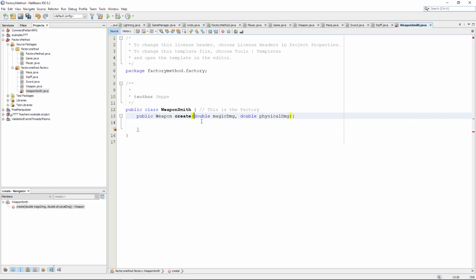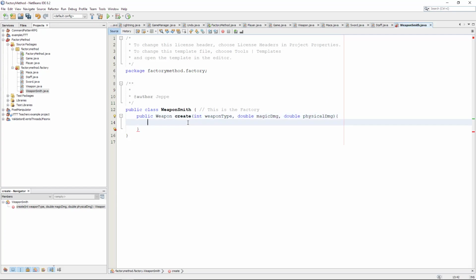But this is not enough, because how does the weaponsmith know whether to create a mace or a staff or a sword? How are we going to select that? There are many different ways to do this, and there are many bad ways to do it, and almost no good ways to do it. There are drawbacks. For the factory method, I see some people use something like a boolean for this. But in this case, we have 3 weapons, so we can't use a boolean. So what could we use? We could use an int saying weapon type,